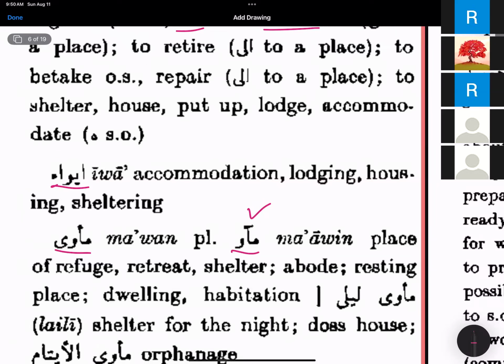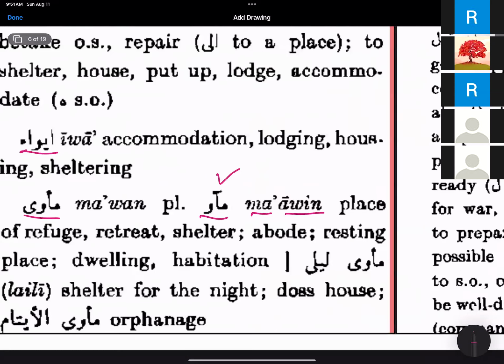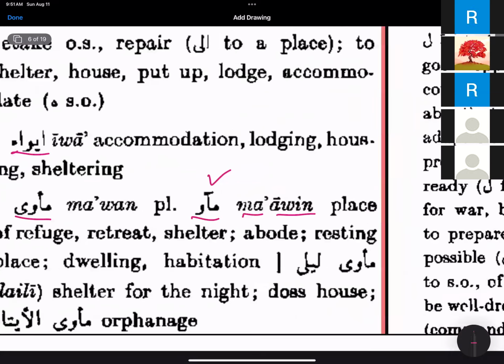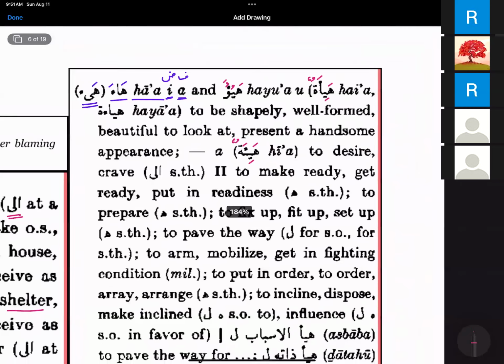Ma'awin. Oh, ma'awin. So that is the plural of it, ma'awin. Ma'wali, itam, orphanage. So that was mawa, and then we have the verb